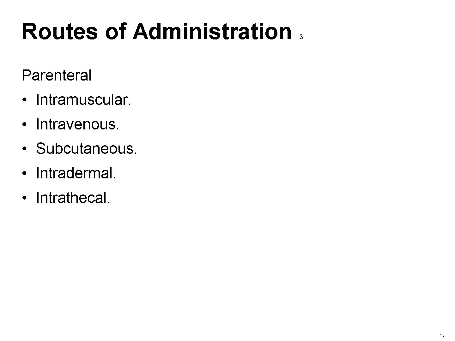The intramuscular route involves injecting the drug directly into a muscle. Common sites include the deltoid or gluteal muscles. Intramuscular administration is ideal for medications that need to be absorbed quickly into the bloodstream or stored in muscle tissue for slow, sustained release. With the intravenous route, the drug is delivered directly into a vein,